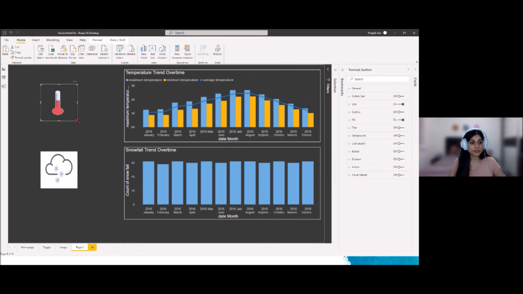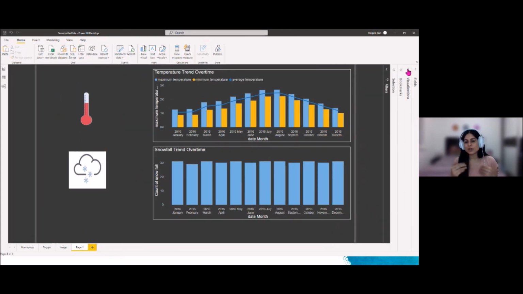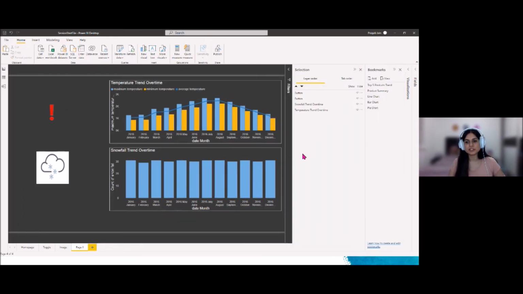So now what we'll do is, we need some bookmarks, right? Because that toggle functionality is something we'll achieve by bookmarks. So again, we go to the bookmark pane and the selection pane. Now let's create a bookmark. Similarly to what we did before, add a bookmark. First thing, rename it. So the first one is temperature. Right, now on the temperature icon, when I click on this GIF,